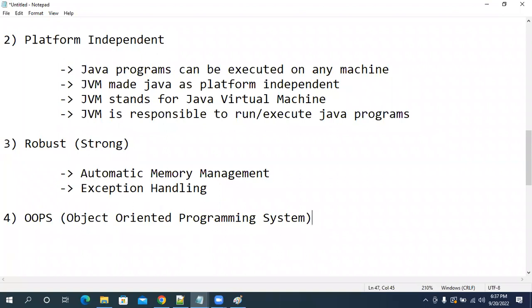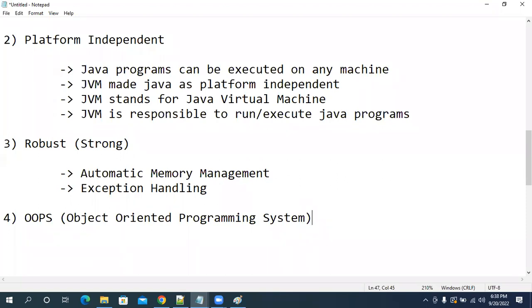Now this is not the right time to talk about OOPS. If I explain what OOPS is today, tomorrow you will not come to the class. Are you guys getting my point? So I will not explain what OOPS is now. Let me give some time.